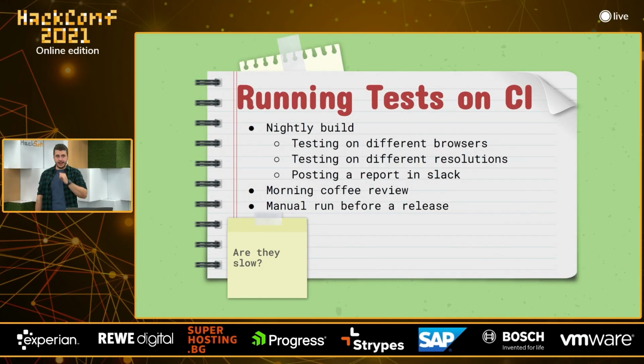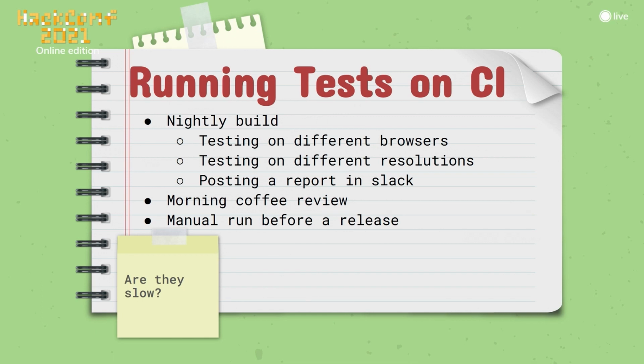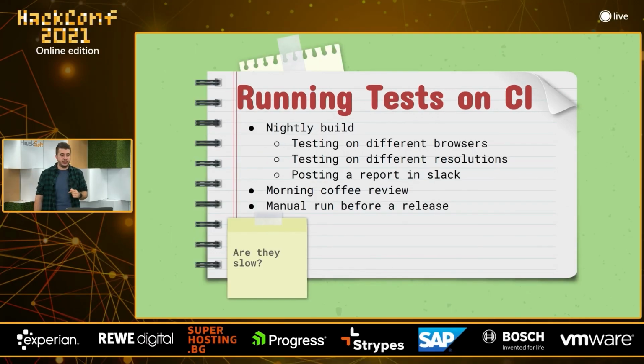About running tests on CI. As developers, we always like automation, we always like making things faster, making things more automated. And CI is one of the top important things in the whole project. We have a CI for the backend, running all the unit tests. We have CI for the front end, running all the front end tests, all the little utilities that we have, kind of unit tests on the front end. But do we need a CI for the end-to-end tests? And we decide this is coupled with when we want to run them.